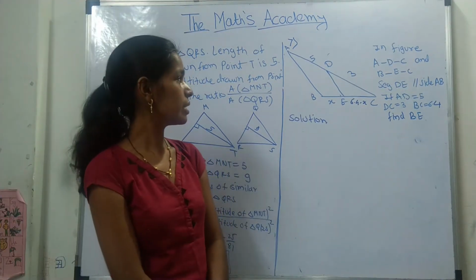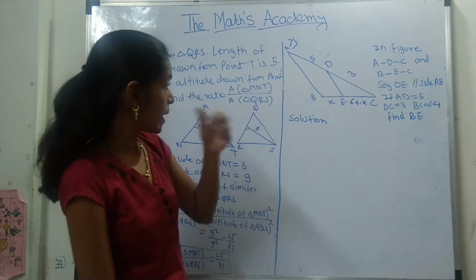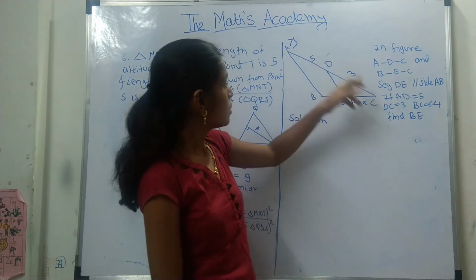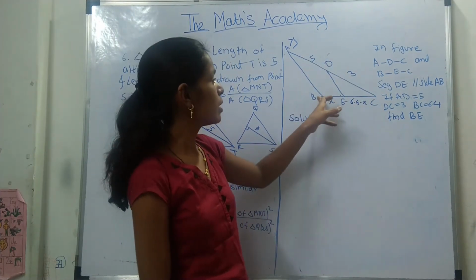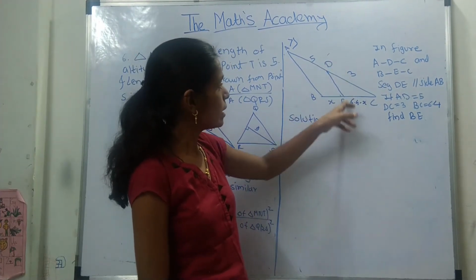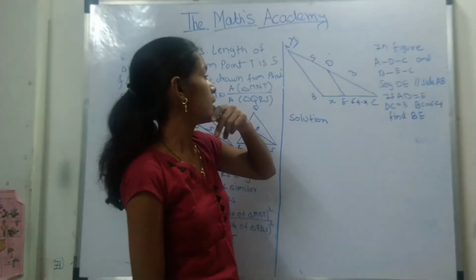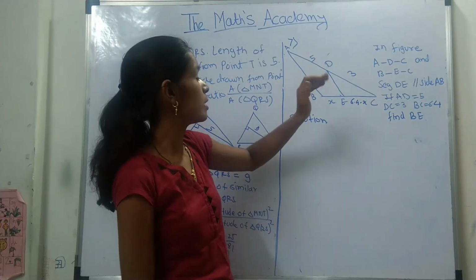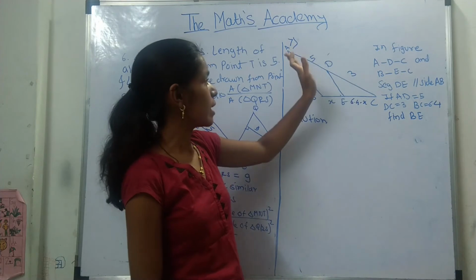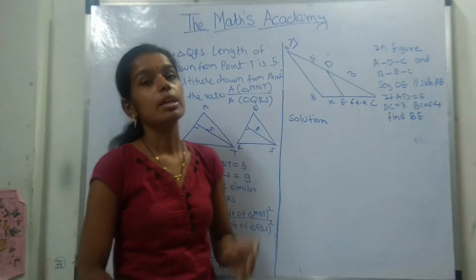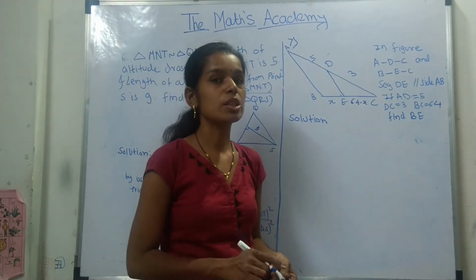So start with the 7th example. Here you have given that ABC is the triangle, and the side CA and CB of the triangle are intersected by DE in two distinct points, and that segment DE is parallel to the third side of the triangle. So you can use the basic proportionality theorem here.